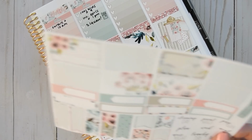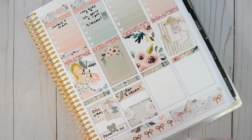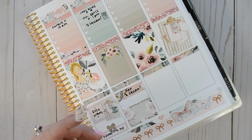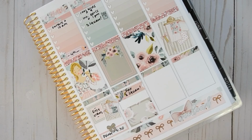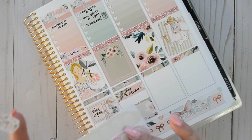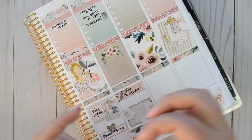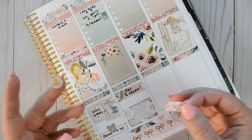So do we have a date night sticker? We do not. Maybe I'll use this cute little bag. Oh, I know what I'll do. I'll use the cutesy bag and a heart. A Clever Gal Crafts foiled heart. I think that would be super cute. We'll do this. Or